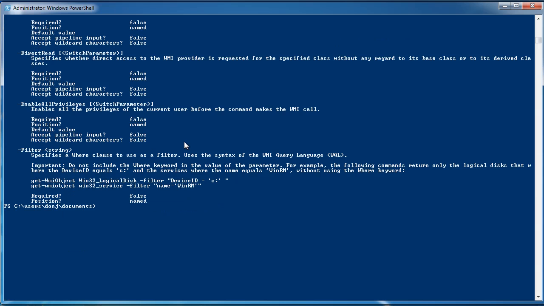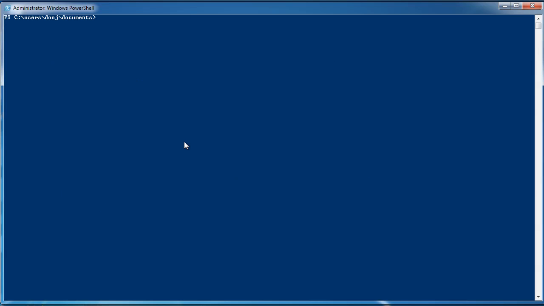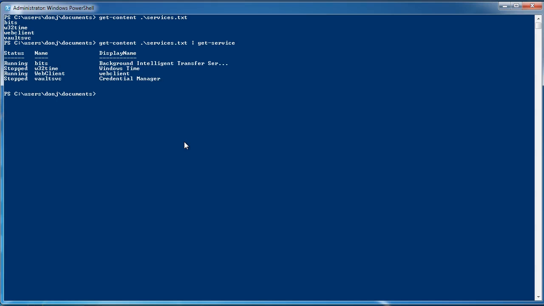So let's look at how this might work with a by value parameter binding. I have a text file called services.txt, and it contains the names of 4 different services. By piping those to Get-Service, I can have the Get-Service cmdlet get just those services. What's happening is that these 4 strings are being bound by value to the Name parameter of Get-Service. So I'm telling it the name